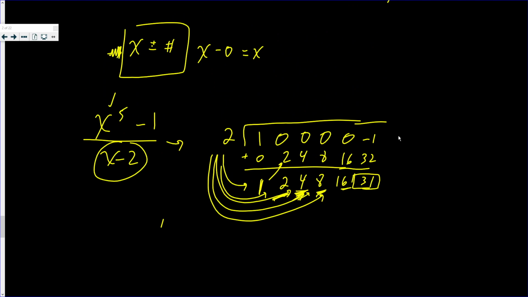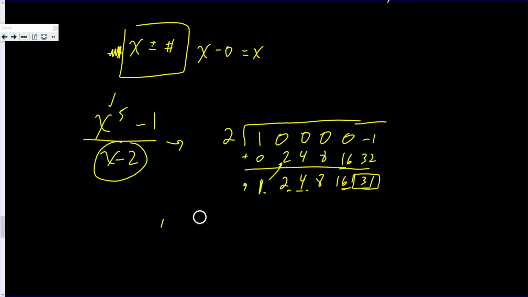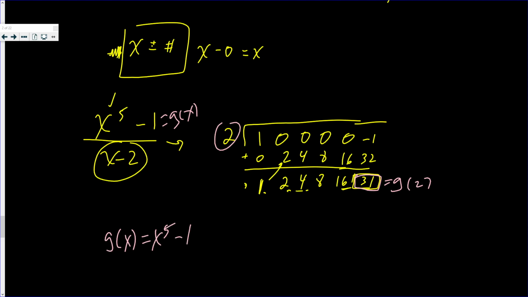But I claim that this remainder, let's give this numerator a name. This remainder is g of that. In other words, if g of x is x to the fifth minus 1, and somebody asks you to find g of 2,